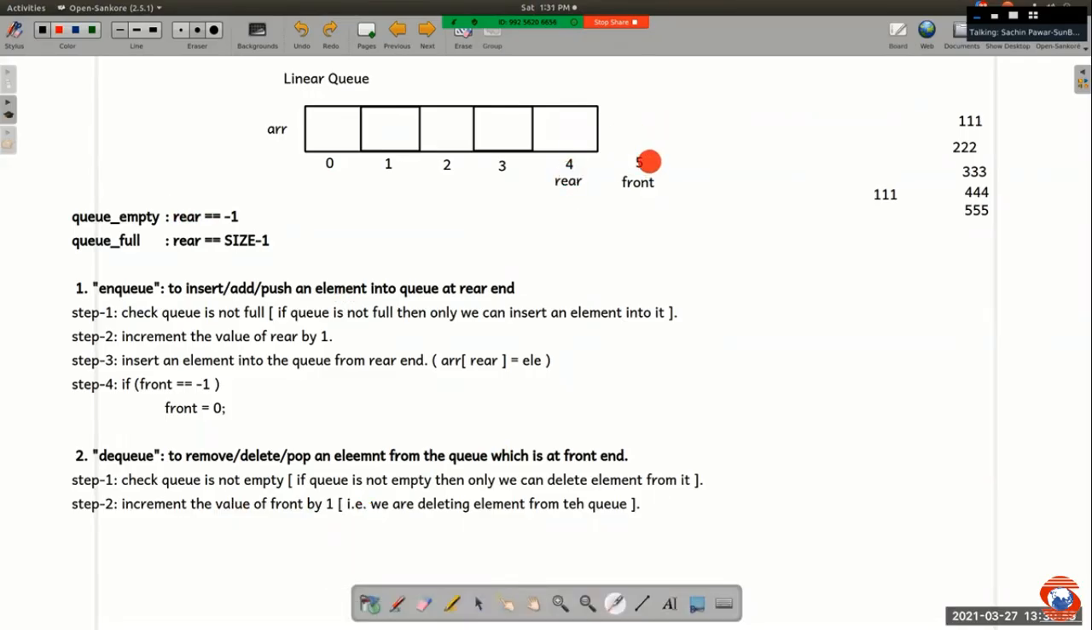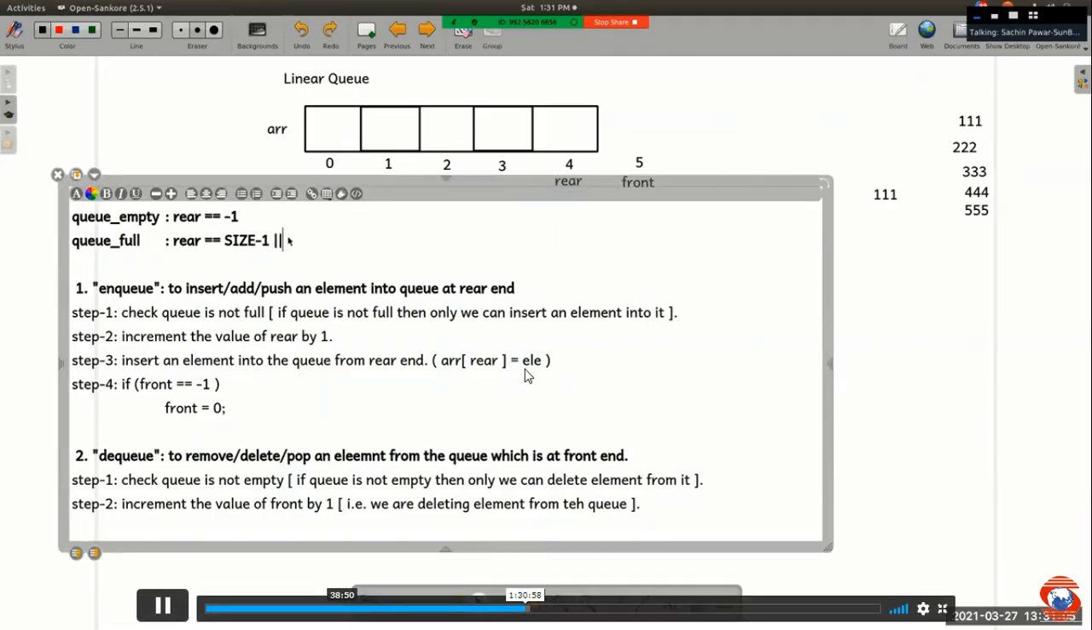If front crosses rear, we will write this condition here. Hello friends, are you getting what I'm saying? And hence here we can say, or